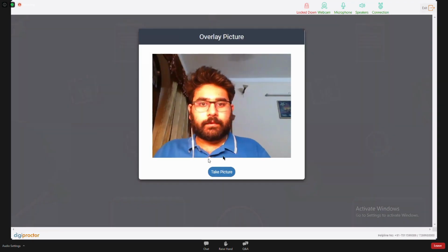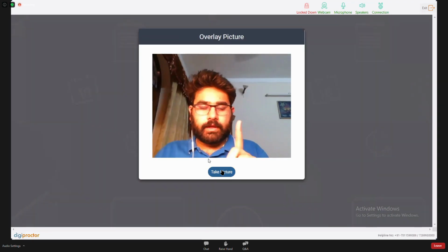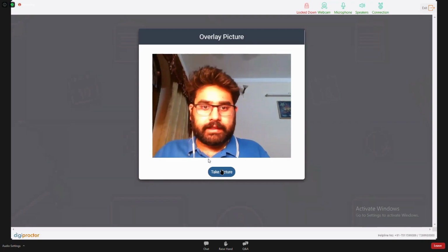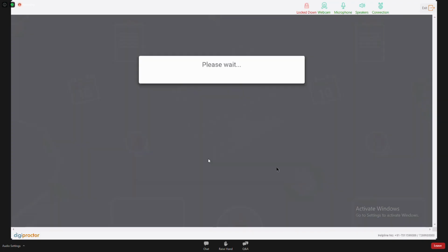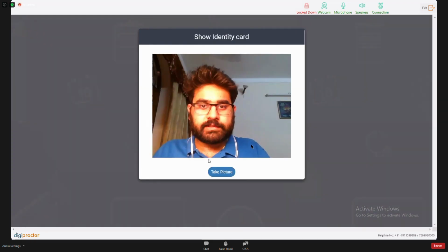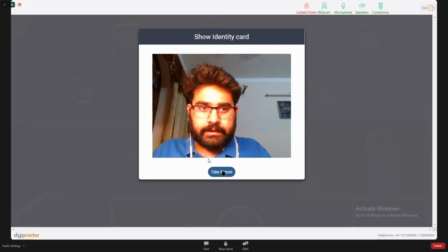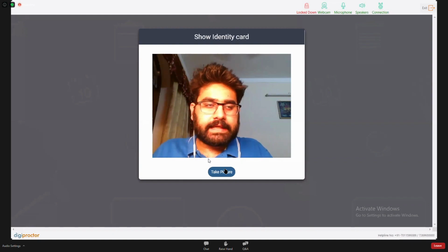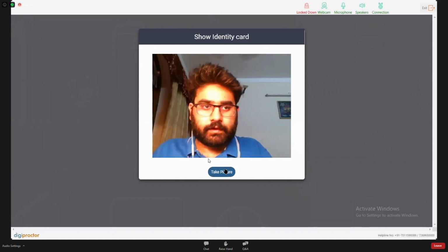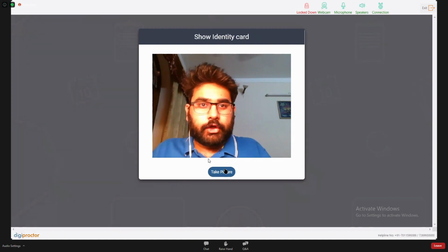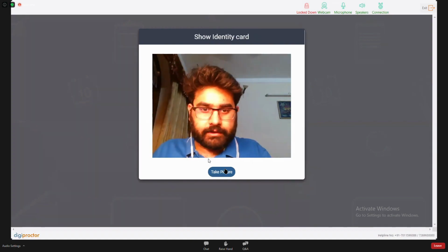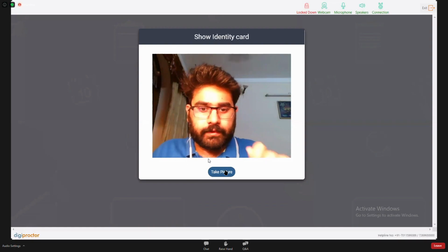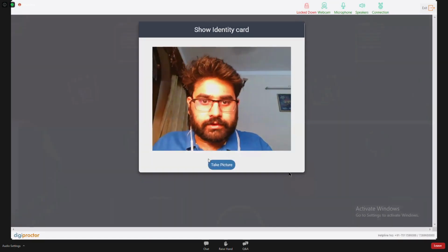The next step, you will have to click a picture of yourself. Again, you should have a clear background, no images behind you, no persons moving around. You might get an identity card validation here. It works in a similar way. You will have to present a college ID only. If in case you don't have access to your college ID, you can show any government ID with your face on it. Now to click a picture of the ID, you will have to focus on the face part on the ID rather than covering the whole ID. You will have to focus on the face part and then associate the same.